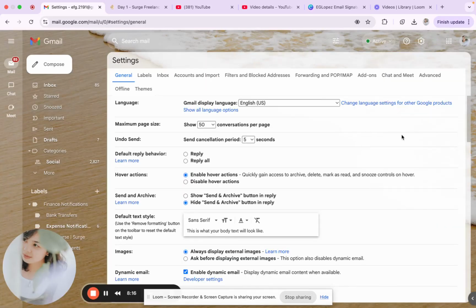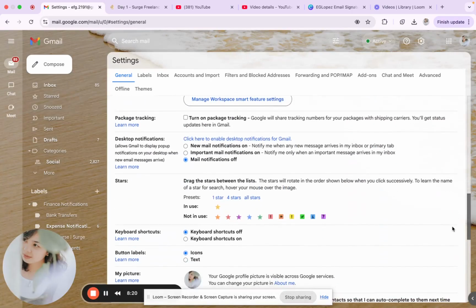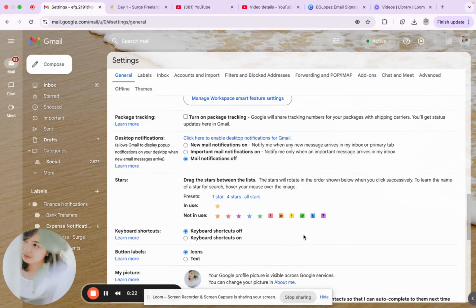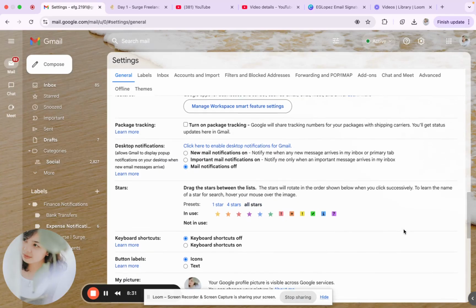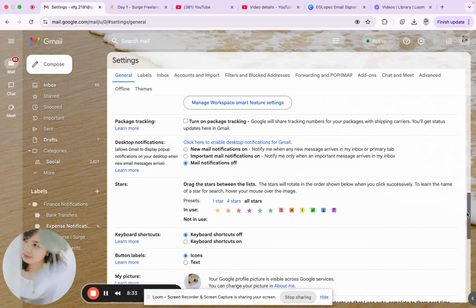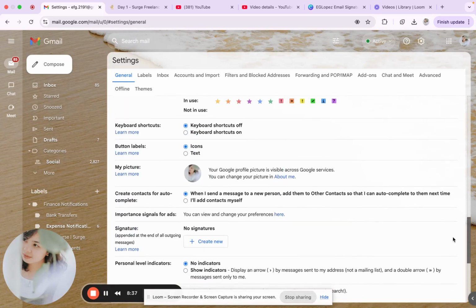Now we're going to go into the settings and make sure that all the stars can be used for us to also organize the emails that we'll be receiving. And also set up an email signature.